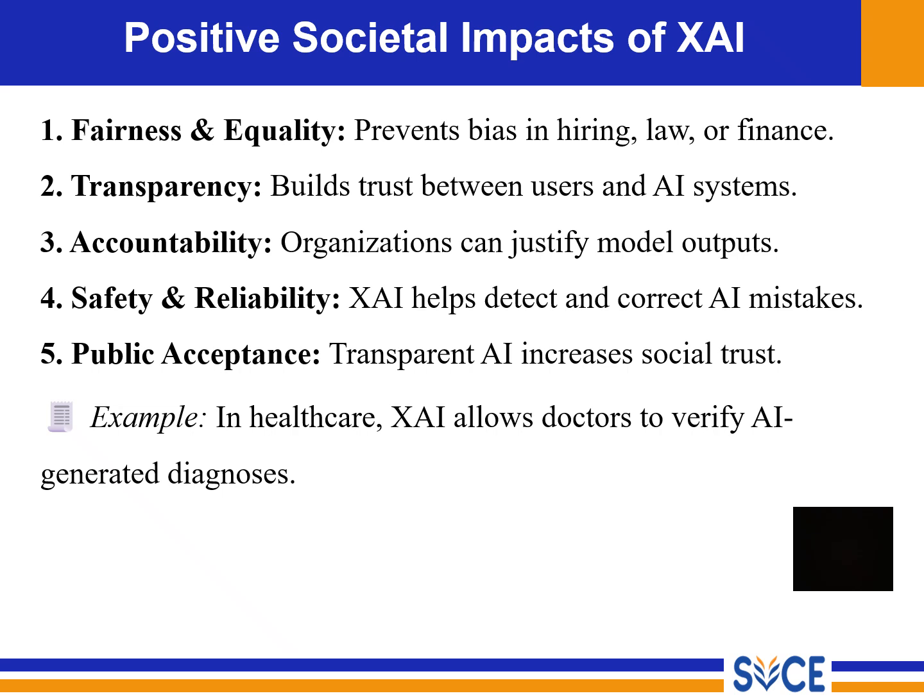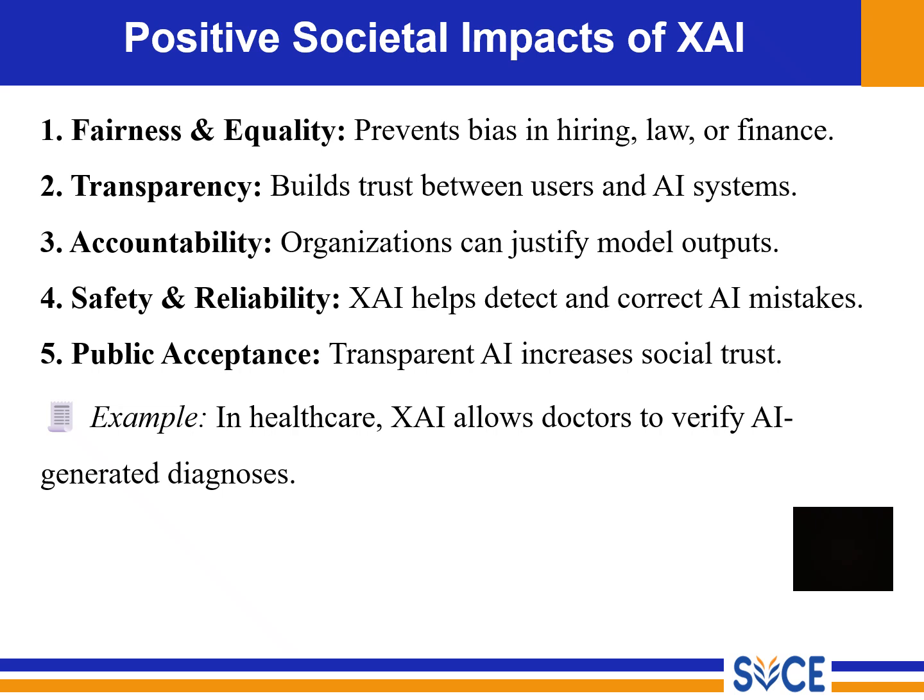The second one is transparency. When we know how AI decided, we can trust it more. For example, a doctor using an AI tool, if it says high heart risk, the doctor can see the reason. The third one is accountability. Accountability means if something goes wrong, XAI helps to find the cause. Was it data, software, or human input?